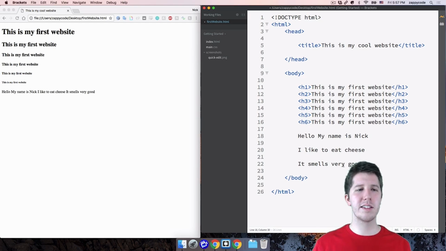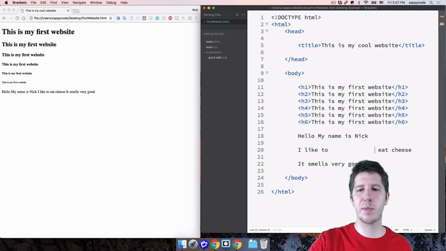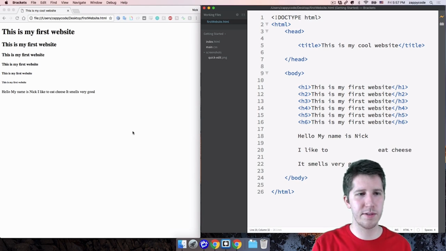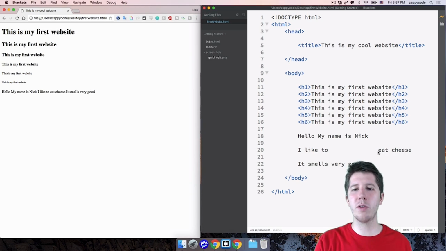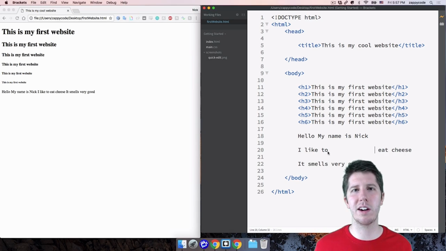Okay, so that's something you've got to understand with HTML, is that it doesn't really care about new lines, and it really doesn't care about spaces. For example, if I say I like to eat cheese with a ton of spaces in between there, and I hit save, nope, it takes all this empty white space and says, they probably only needed one white space here, and that's it. You're probably thinking, oh, what the heck? How am I supposed to work with this? Well, over the course of this lecture, I'm going to tell you how you can deal with this.